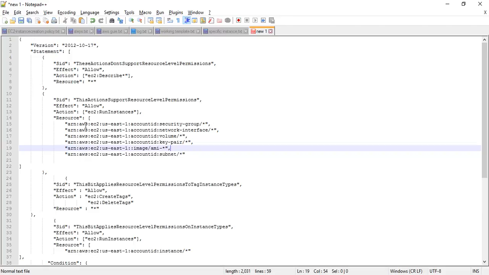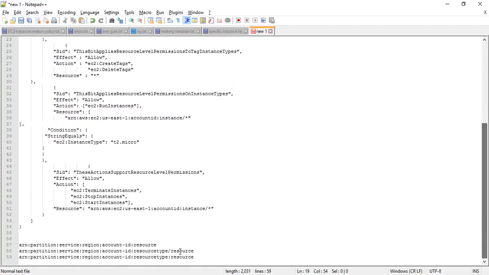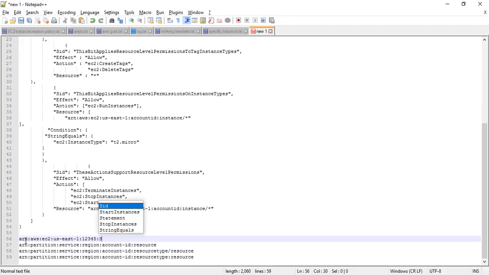I'll show you the syntax which I have mentioned at the bottom. So this is the syntax for ARN. The partition is AWS, so it will be something like this: arn, and the partition will be aws, and the service will be EC2, or it can be IAM or whatever it is, and the region is where we are going to launch this, US East 1, and the account ID is your root account ID. And for resources, you can put something like auto scaling or security group,